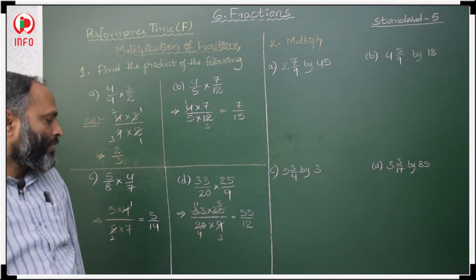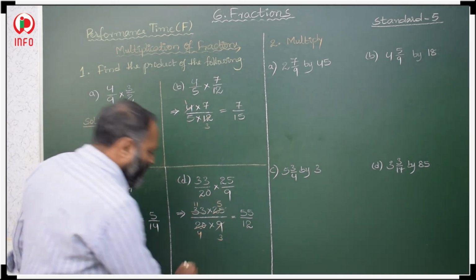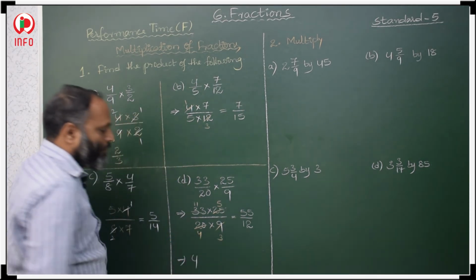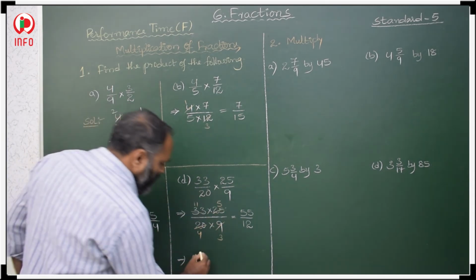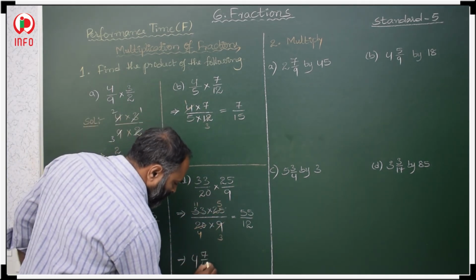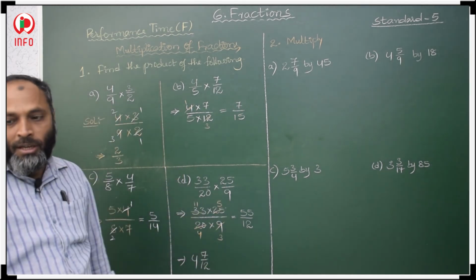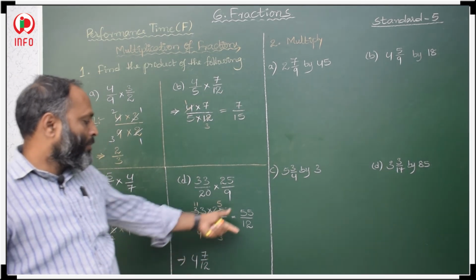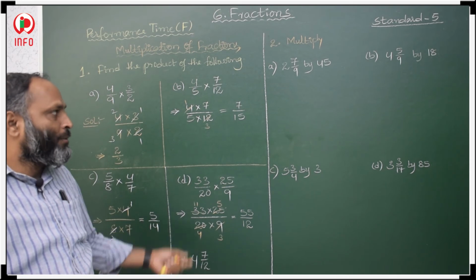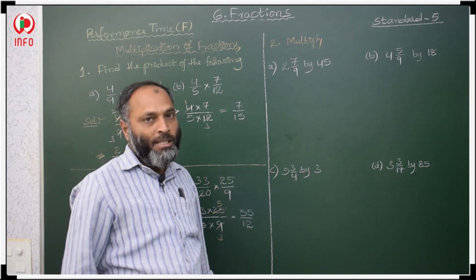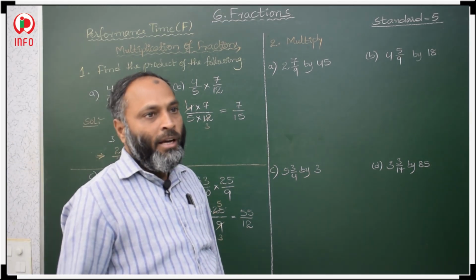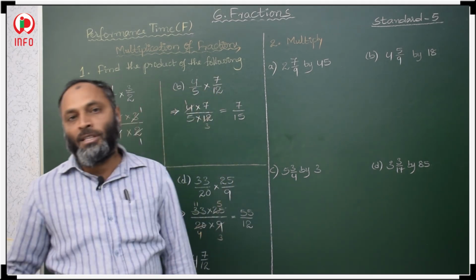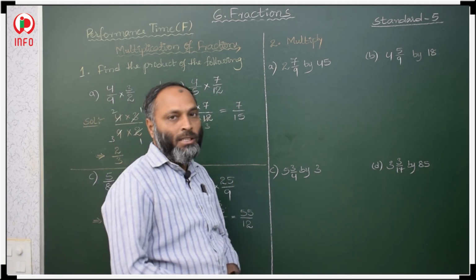This is an improper fraction. So, when it is an improper fraction, then you have to convert into mixed. 12 4s are 48, here 55 means 7 is left. 4 7 by 12. So, this is our improper fraction into mixed. So, in this way, when multiplication is given, we have to multiply numerator with the numerator and denominator with the denominator, and we have to simplify and check, okay, what is our answer.